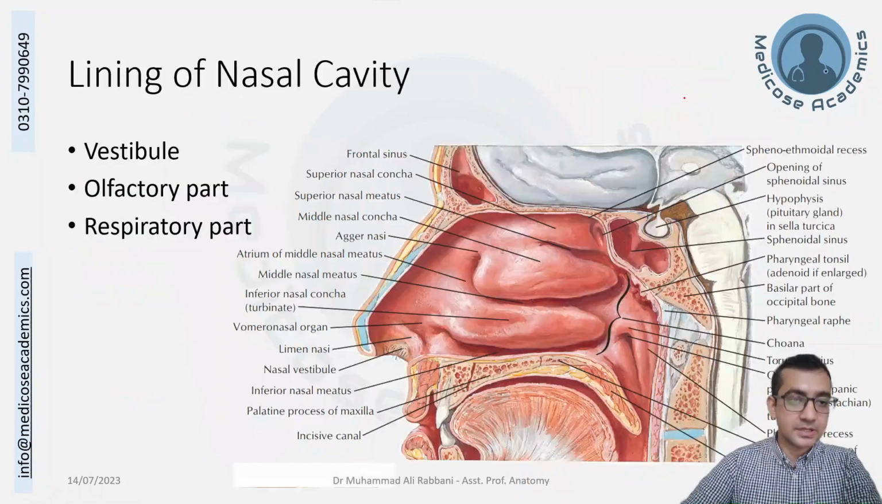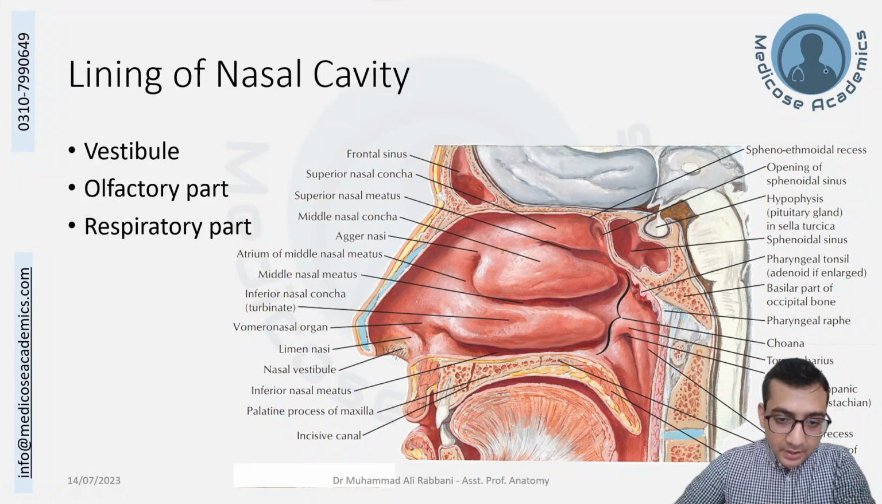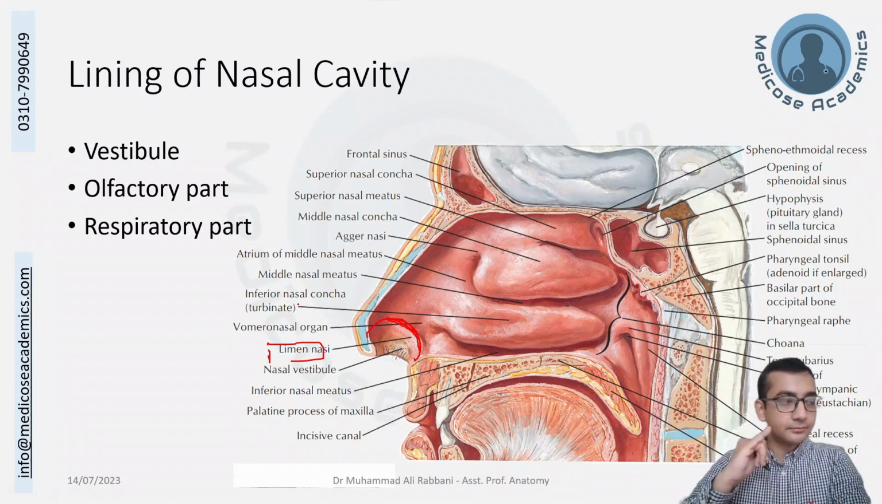The olfactory nerve is passing through. The lining of the nasal mucosa can be divided into three parts. This part is the vestibule. There is a line between the two that is known as limen nasi, and this is the part where we